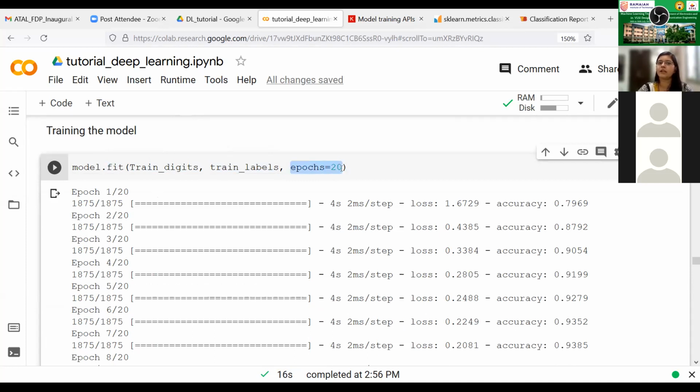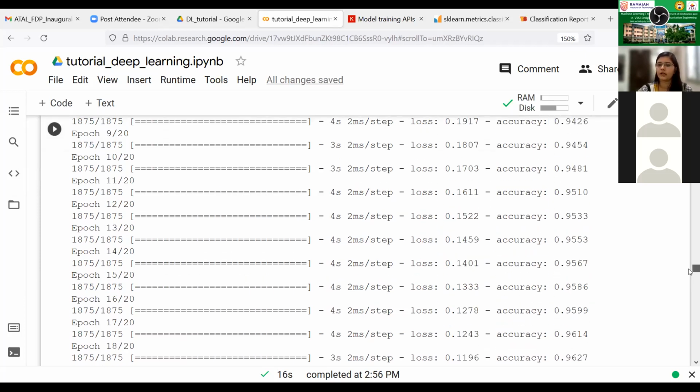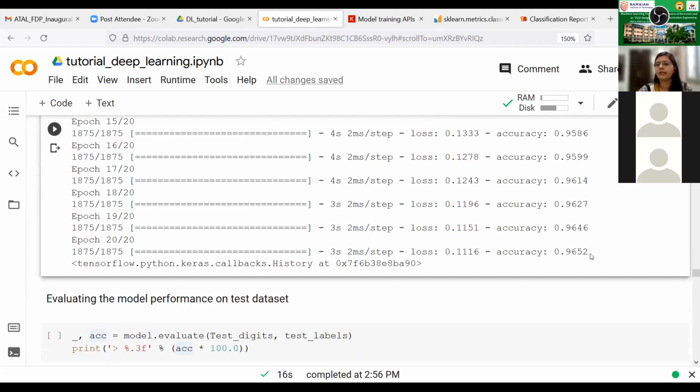So I'm training it for 20 epochs, which means the entire data set would be passed through the network 20 times. And in this process, the weights would be changed such that we can have maximum accuracy. When you run this, for each epoch you will get the loss values and the accuracy values. You can see that as I go with the training, from the second epoch, the accuracy is increasing. So we are having an increment in the accuracy. So I have trained here for 20 epochs.